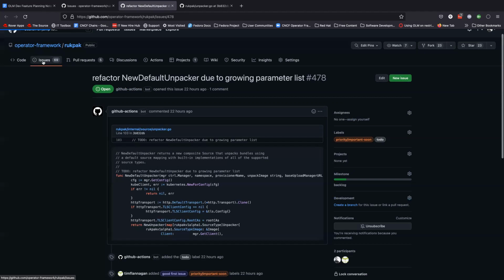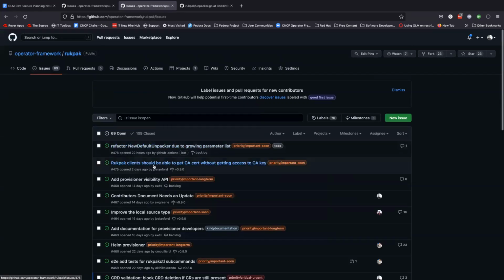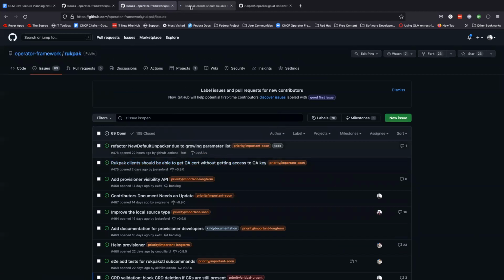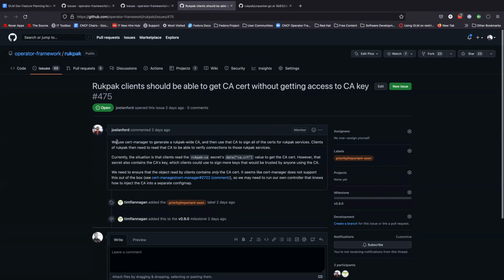All right. Let's look at the next issue. Should be able to generate cert without getting access to CA. Oh, this is that bit where, Joe, you had brought this up in a separate meeting, where cert manager isn't able to write just a portion of the